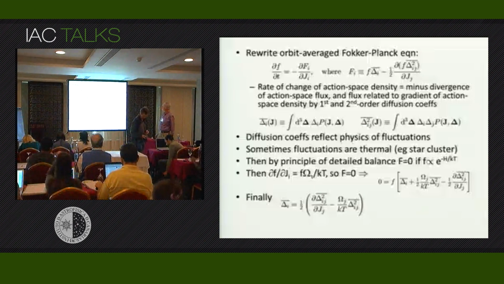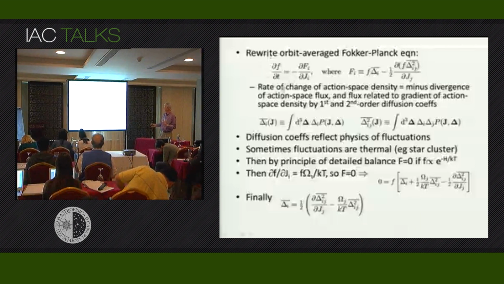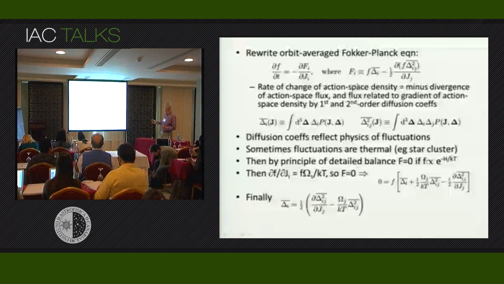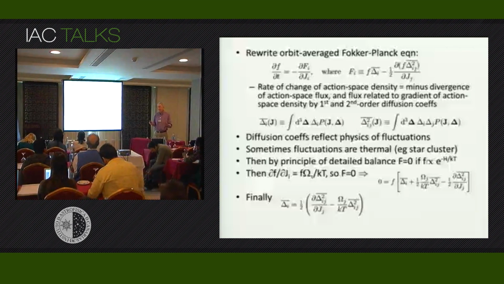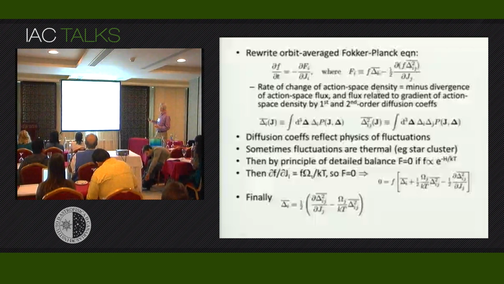Okay. Morning, everybody. So I want to talk a good deal about the solution to this equation, the orbit-averaged Fokker-Planck equation that we derived yesterday, saying that the rate of change of the distribution function is minus the divergence of the flux through action space of stars. It is the equation that must describe secular evolution in pretty much every stellar dynamical context. In order to make progress, of course, you need to know what these diffusion coefficients are. These things are going to vary through action space, and we need to know what they are.